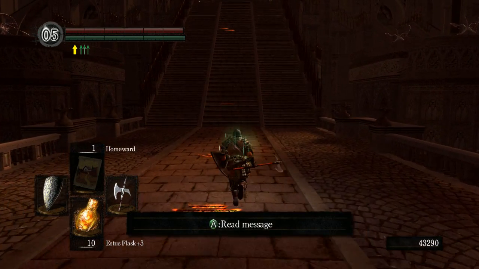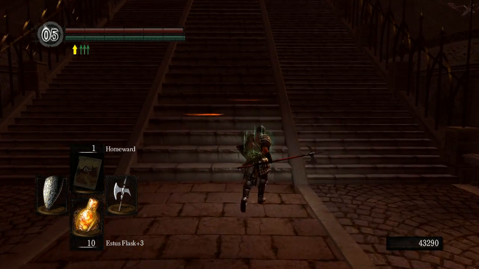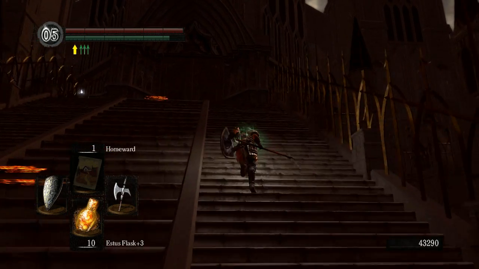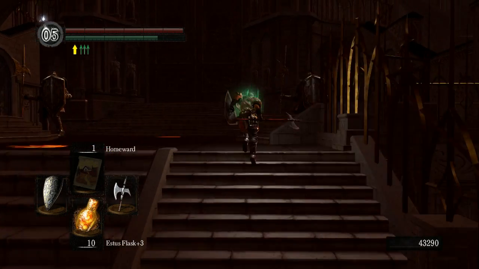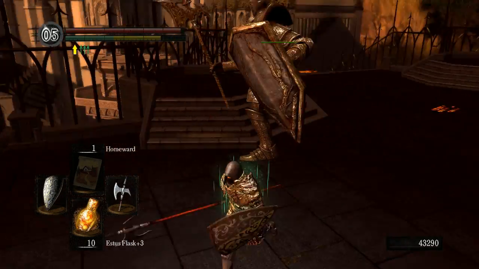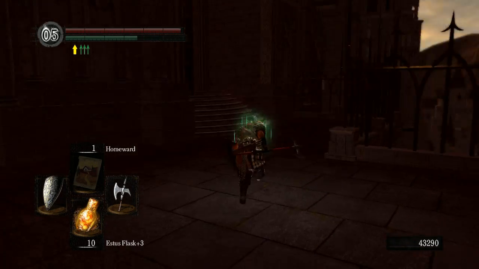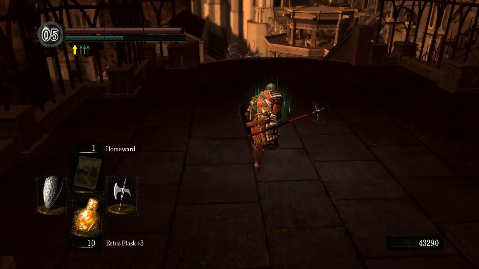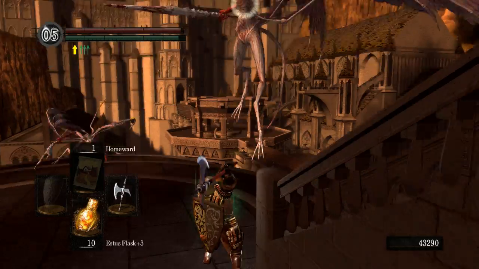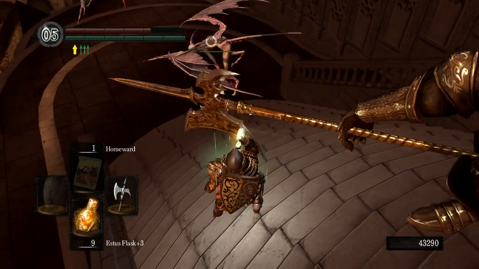One thing that you may notice is that I have 43,000 souls available to use. I'm not going to use those for levels, and I'll tell you why. There is a blacksmith in Anor Londo, so I'm going to try to get to him in this episode, that sells Twinkling Titanite. And I want to use that Twinkling Titanite to upgrade my gauntlets and my...